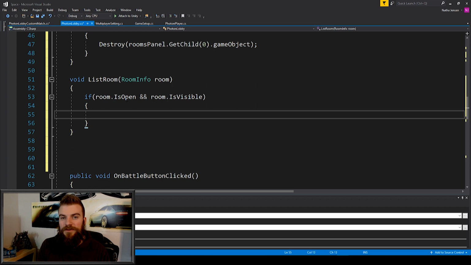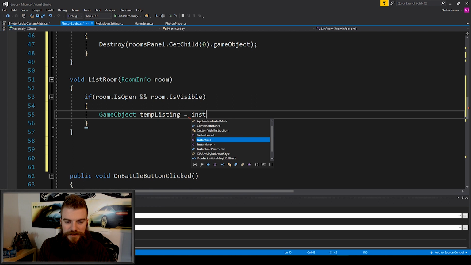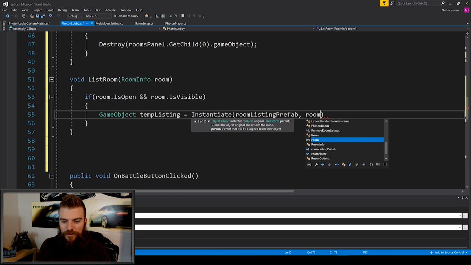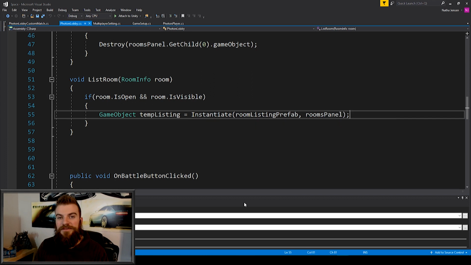And so I'm going to create a new game object local variable, and this will just be our temp listing. And we're going to set it equal to instantiate, and we're going to pass in our room listing prefab, and then for the transform or the parent, we're going to pass in our rooms panel. Now there is a bit more code that we need to add to this function, but before we do that,